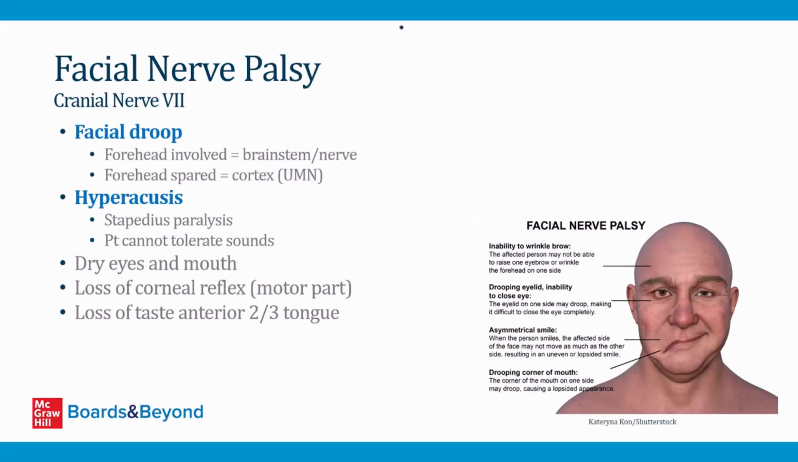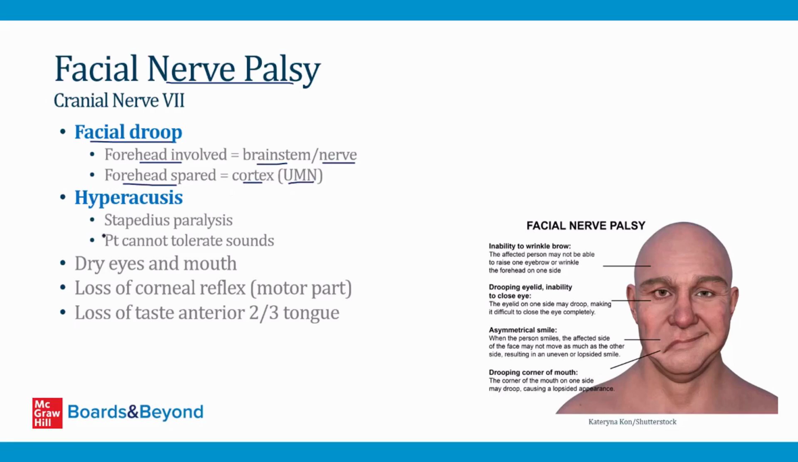So now that we've got that out of the way, we can talk about the clinical features of a facial nerve palsy. First of all, you get facial droop. If the forehead is involved, it means there's a problem in the brainstem with the nuclei of the facial nerve or with the nerve fibers itself. If the forehead is spared, this means there's a problem in the cortex with the upper motor neuron corticobulbar tract